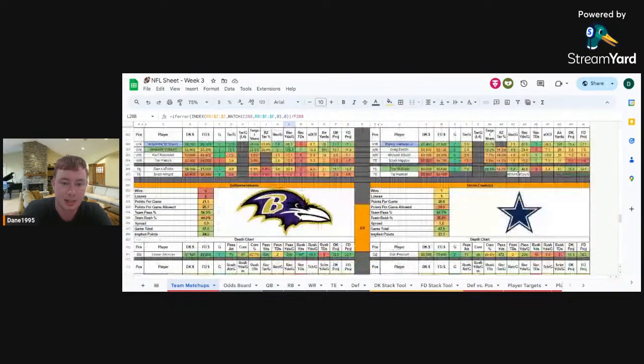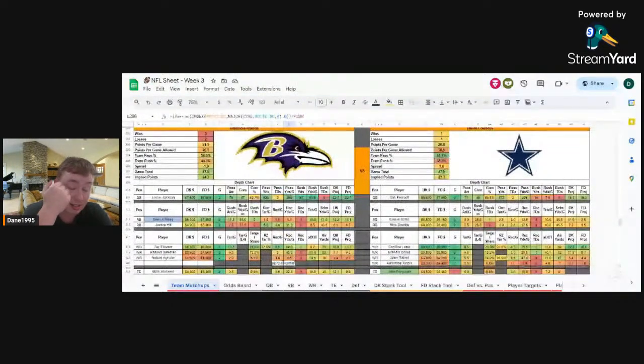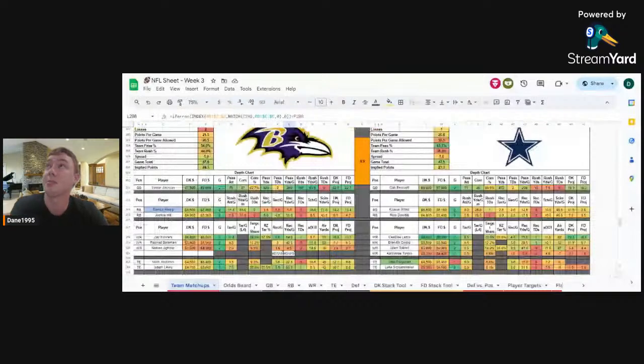Baltimore and Dallas, not a ton that I like here. I think Jake Ferguson looks to be back. I think he's in play at 4,500. CeeDee Lamb is in play for tournaments pretty much every week anyway, but at 8,800, I think you can go there. Can you play Dak? I guess you could do it, but I don't have a ton of confidence in that. We'll kind of see how it pans out, but I don't think I'm going to get to Dak this week